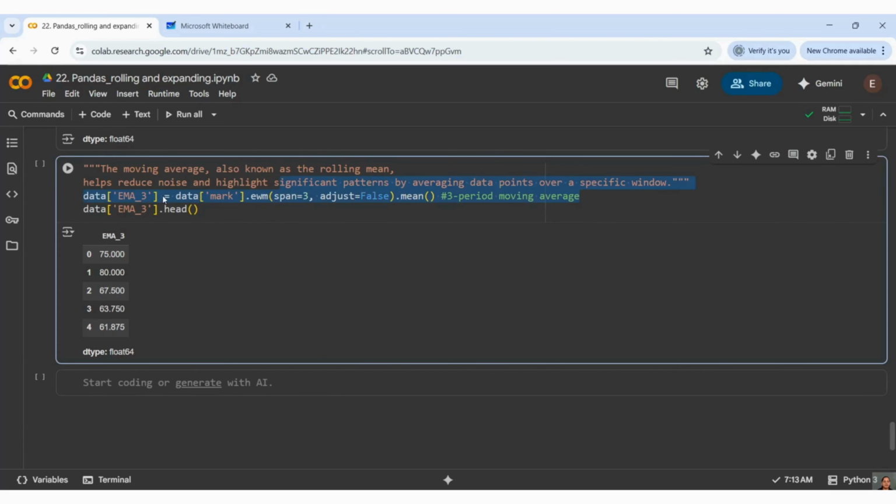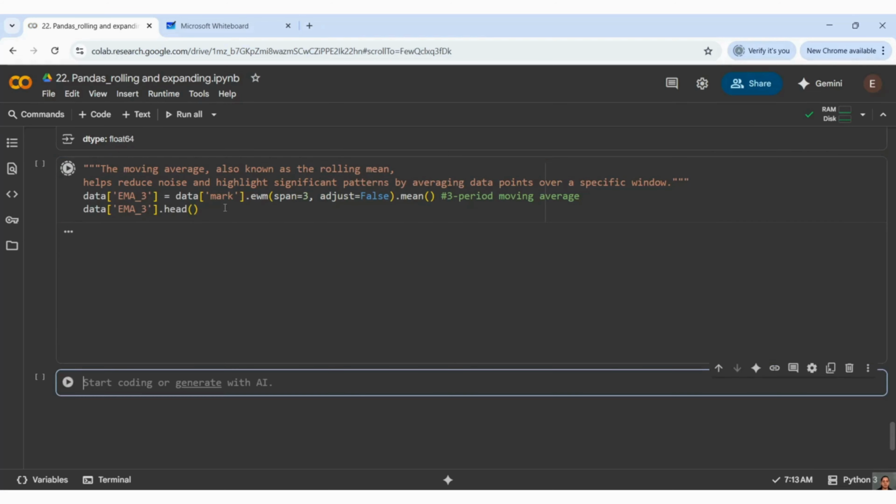In rolling we saw window equal to 3, right? Here we are seeing span equal to 3. So for a span of period 3, adjust equal to false, and dot mean. I'm getting the mean, so let me see the output.